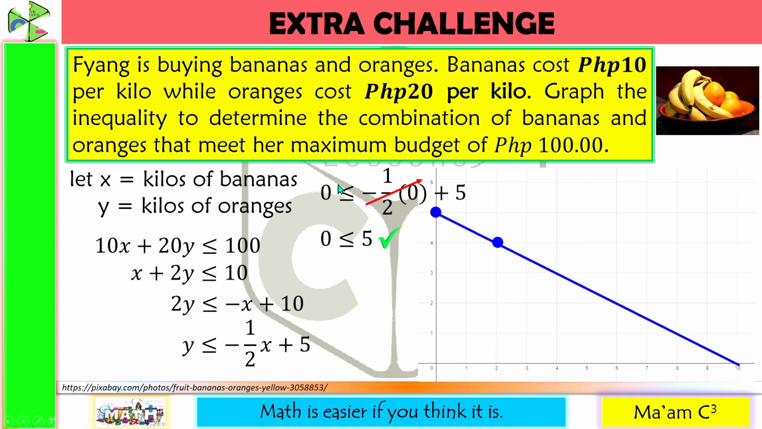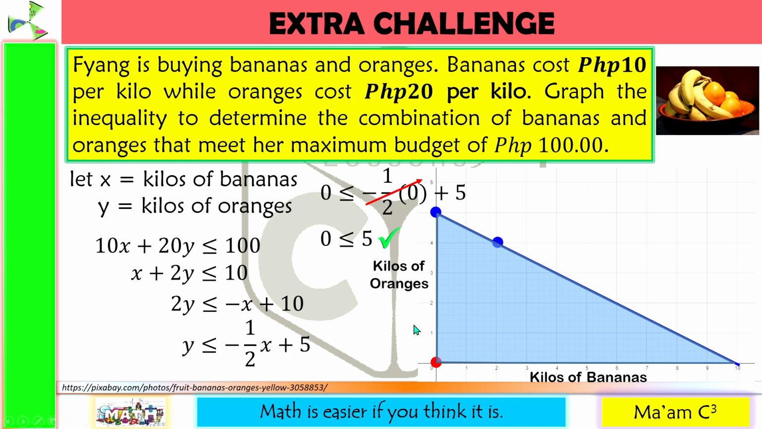And our test point is 0, 0. It is here. And the inequality is true. So we are going to shade the area where 0, 0 is located. So we're going to shade this region below the boundary line. Of course, we cannot go beyond this point because there is no negative cost for banana and no negative cost for oranges. Let us recall that the x-axis is for the kilos of bananas and the y-axis is for the